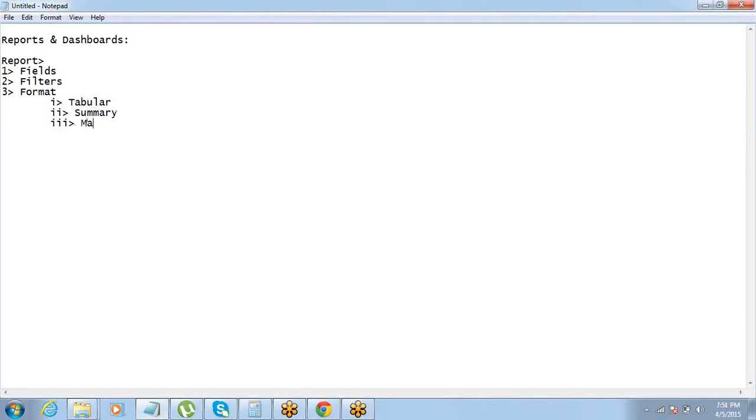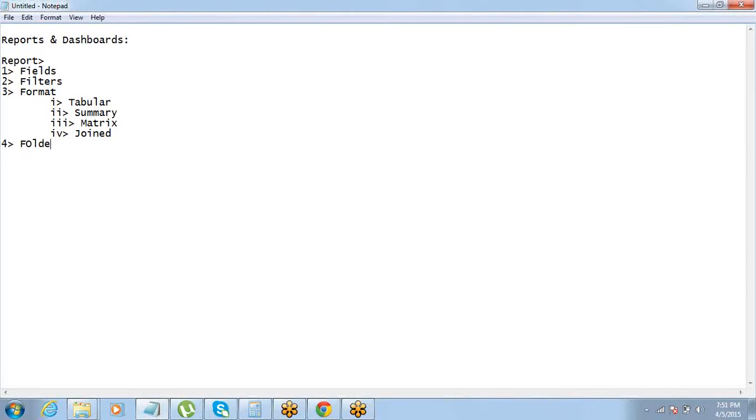Then we have matrix format report, and we have one more which is called a join report. Okay. So these are the different report formats that we have: tabular, summary, matrix, and join. So I'll talk about all these formats, right?